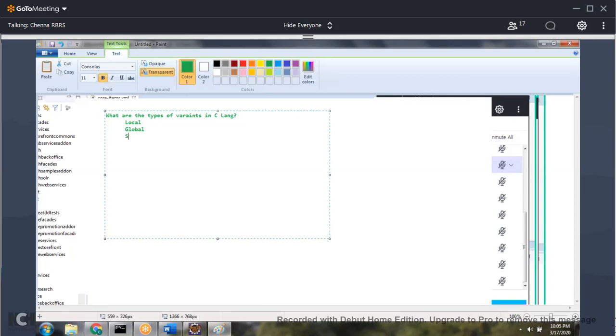Register variables. Then what else? One more is there.